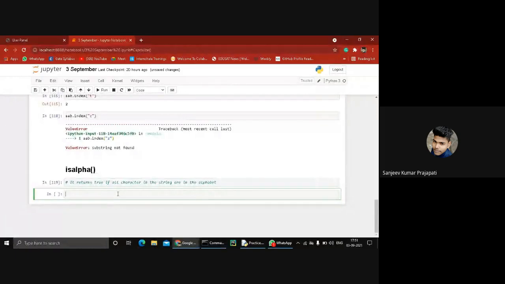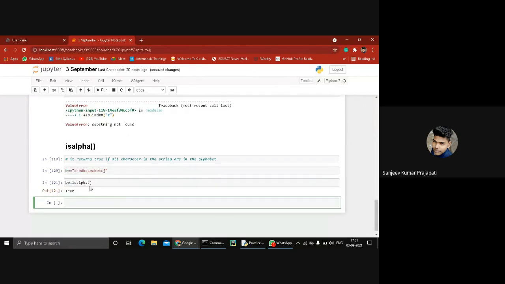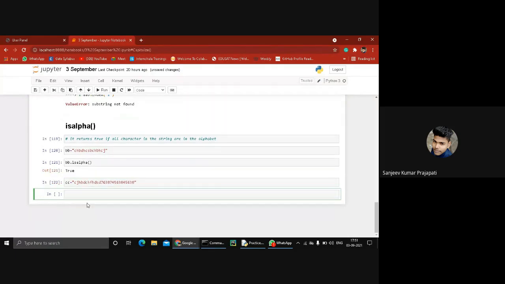So again, we create a next string like bb equal to letters. It returns true when all characters in the string are in the alphabet. So bb dot isalpha. You see, it returns true when all characters in the string are alphabets. Now we create another string like cc with alphabets plus numerical values. Then we apply the isalpha function.